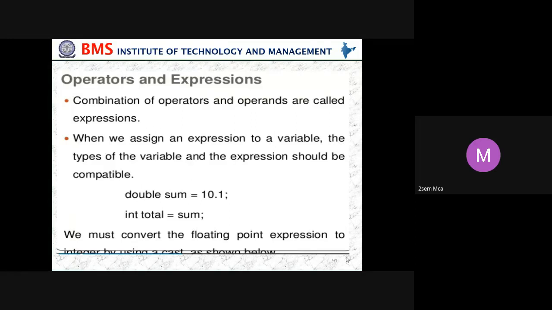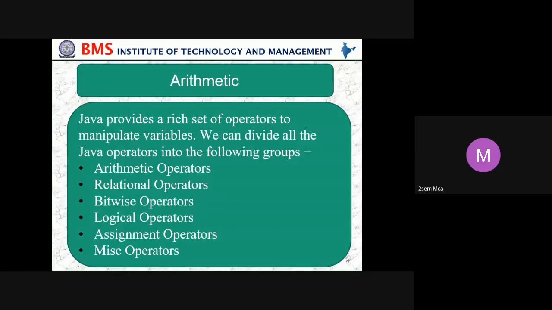So we cannot convert like this, because how much is the size of a double? Can anyone say the size of the double? What is the size of a double? Storage size. Anyone? 4 bytes. 8. So 8. And integer is how much? 4 bytes. So in place of 8, we are keeping that again in an integer. So then we have a problem with the casting. We'll see in the next slides what casting is.